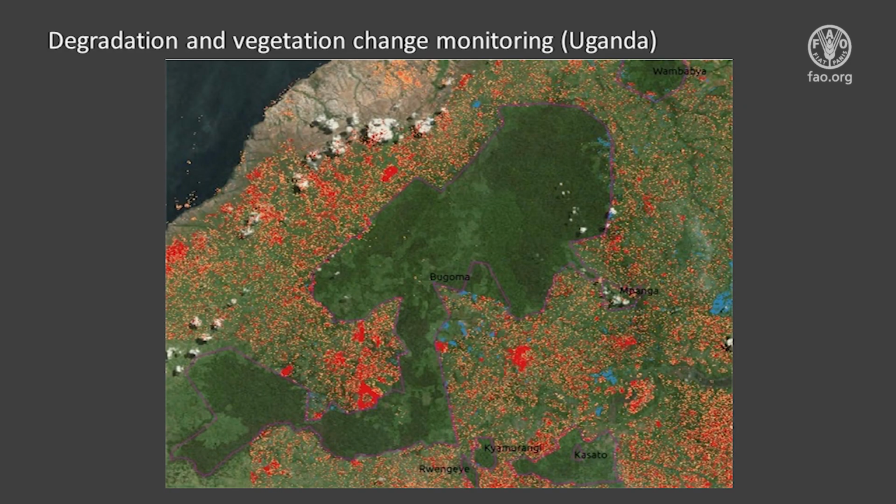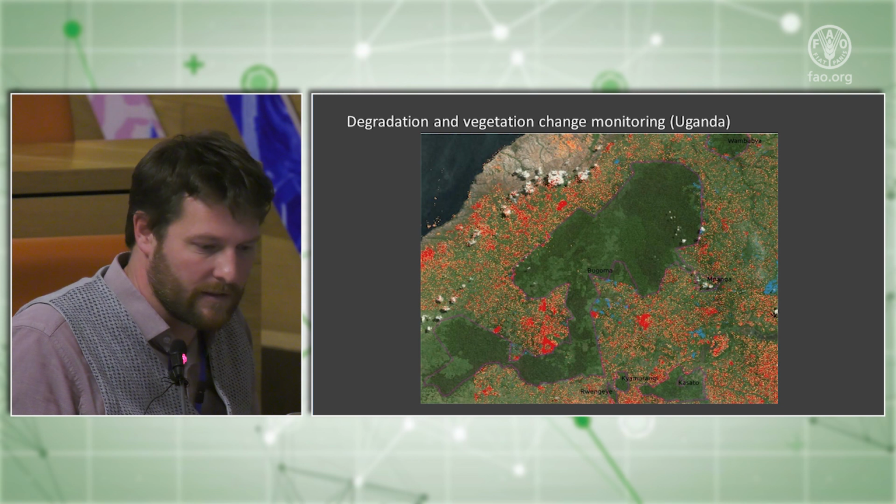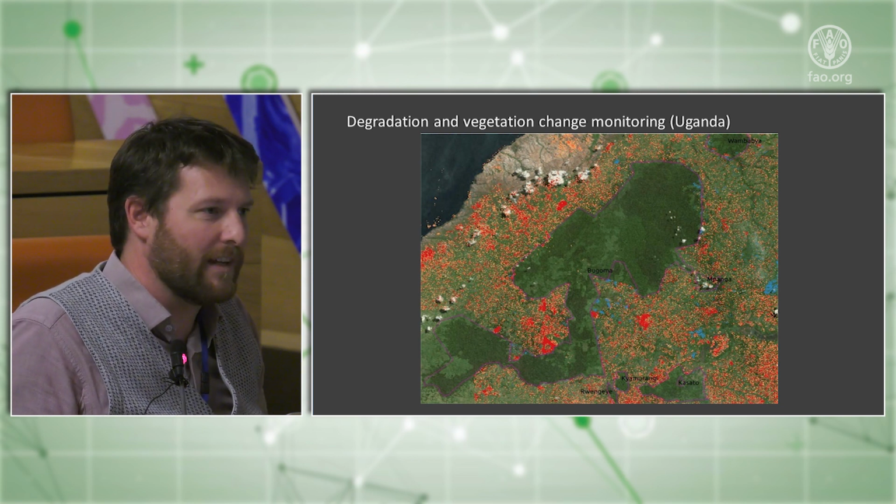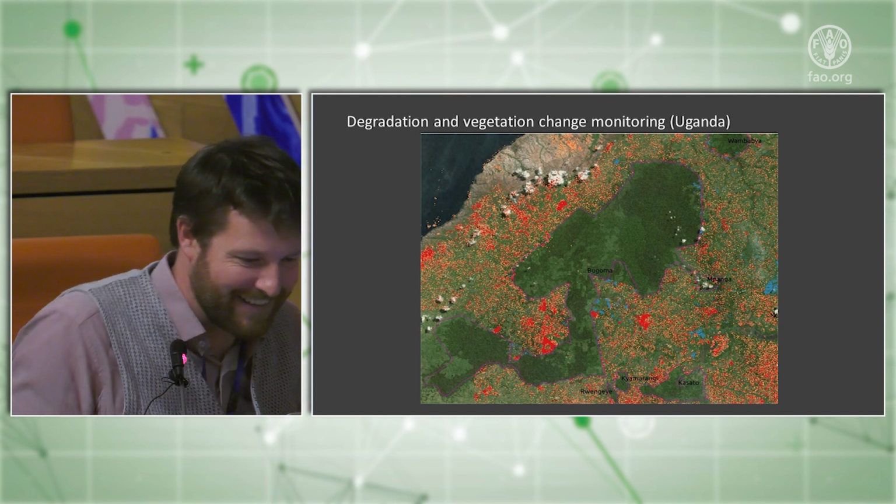And this is not a product that's been masked. This is the raw results from the changes that exactly align with the borders of their protected areas. And this has been used to show how strong the enforcement of the protection was being done by Ugandan authorities. So they were very happy to show some independent data showing that this is reality. Propaganda for the country, as our DG called it.